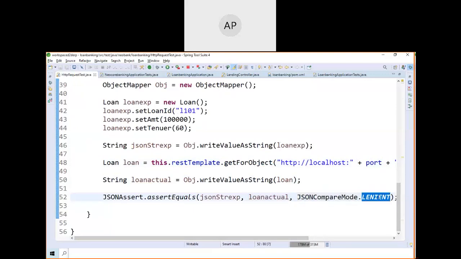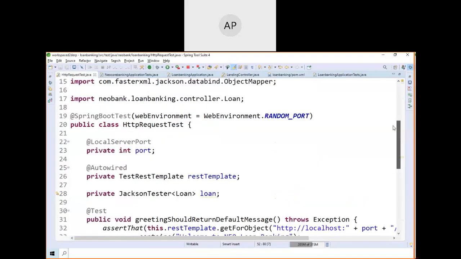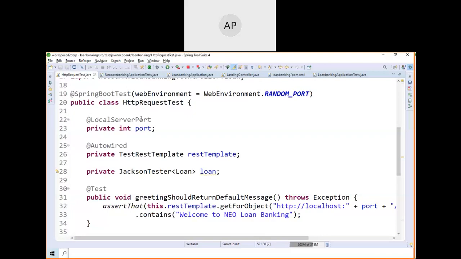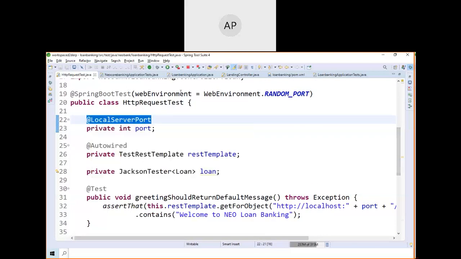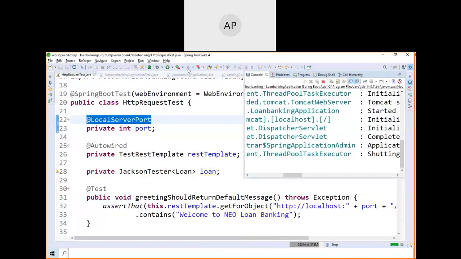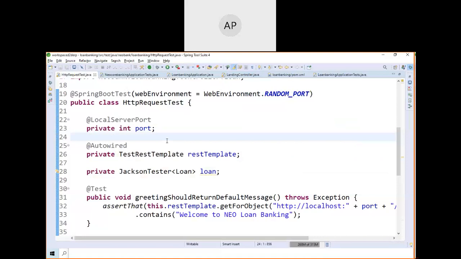Okay, so now when I run this, see here, assertEquals JSON string, which one? This one, and I'm using actual. What is the actual? That came from the REST API, and this one you can see. Even if there is extra information in your JSON, it will be ignored. It will check whether we have all these three names and values. Okay, if I run this one, our Spring test will run Tomcat. Which port? We asked it to use any port.